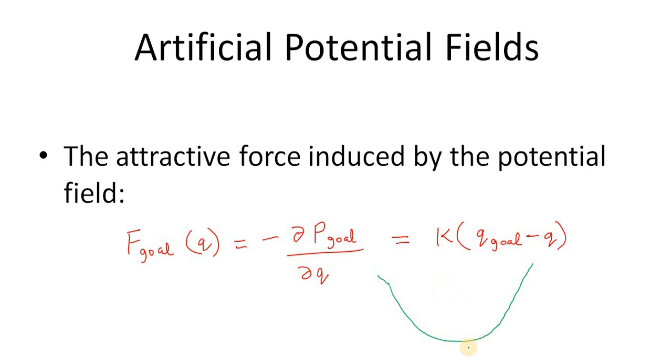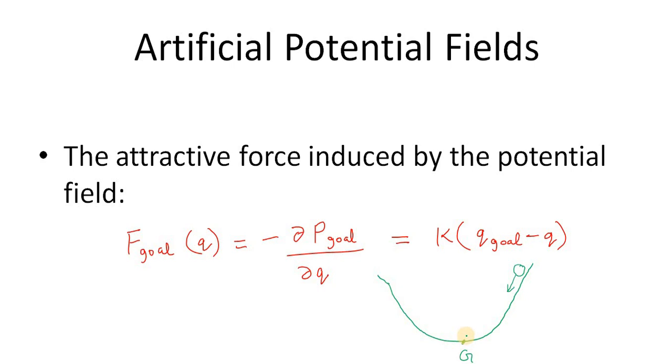This was a quadratic function. The goal is located here. So whenever there is an object here, it will experience a force which is F goal, and this force will be negative, of course, and this force will be towards the goal, and this force will always be an attractive force that attracts this object